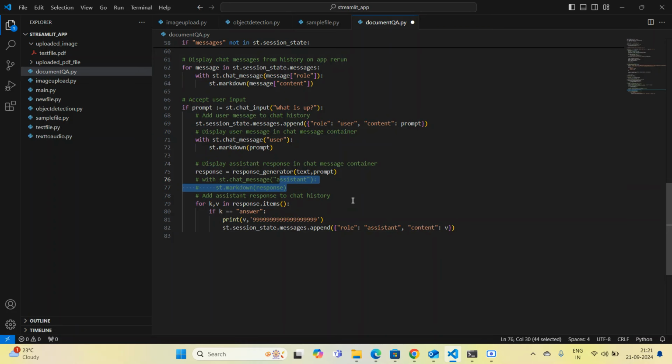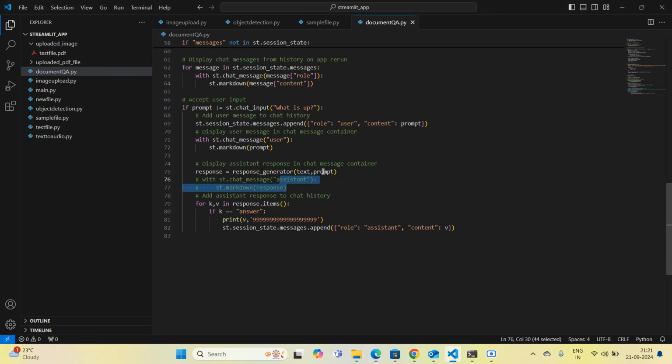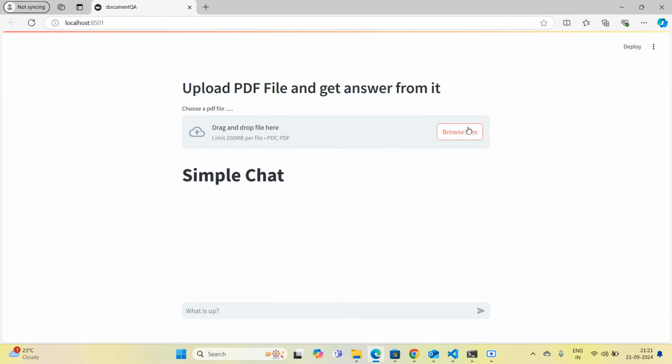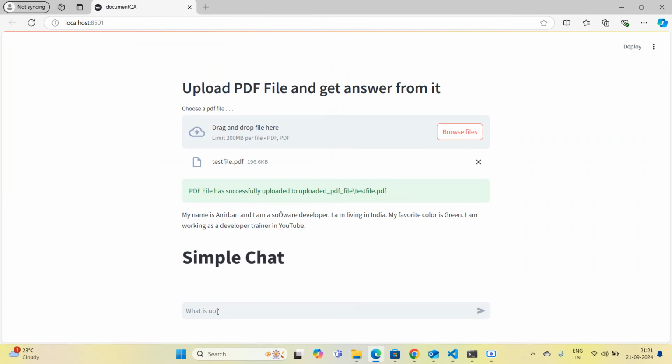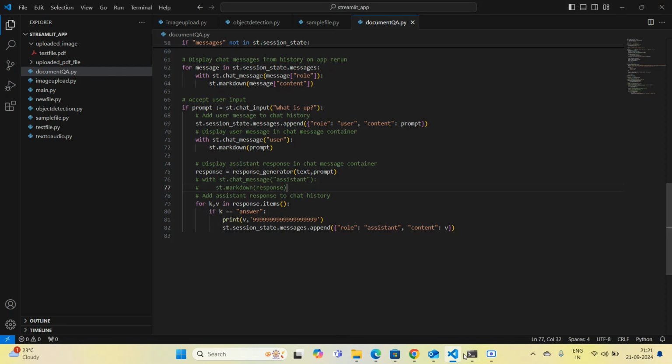Okay, so if we comment this text and prompt, this is the prompt and this is the user. Let me try this whether it is working fine or not. What is my name? So okay, markdown message is required anyway. st.markdown response,